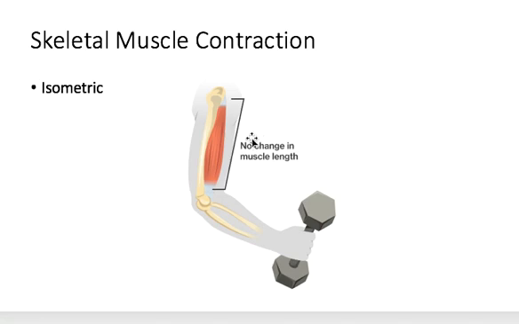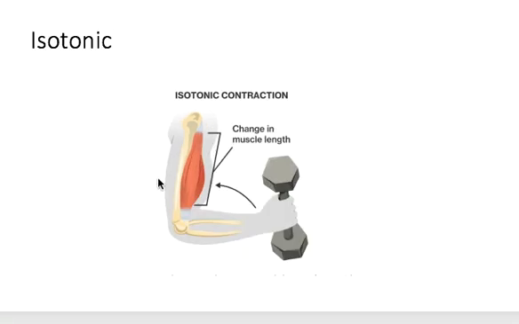In skeletal muscle contractions, there are two types of contractions. The first one is isometric. This is a muscular contraction in which the length of the muscle does not change when tension is being applied. In isotonic, the contraction maintains constant tension in the muscle as it changes length. So, like in this picture,